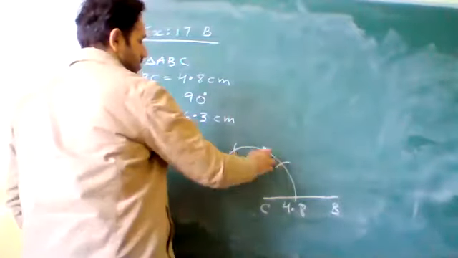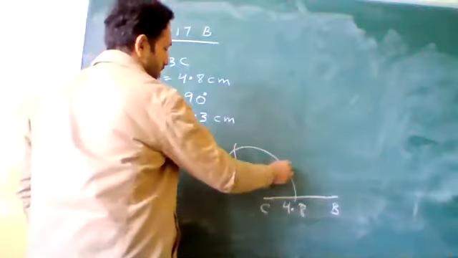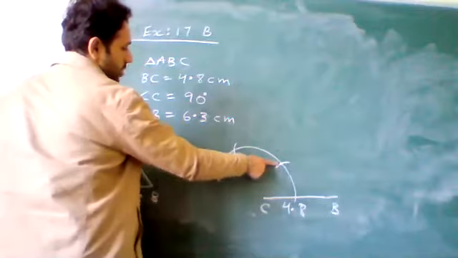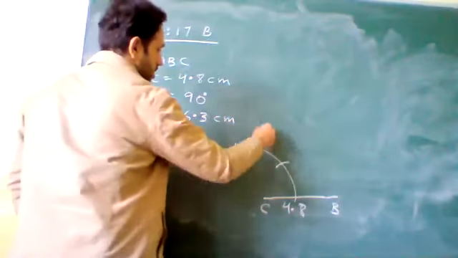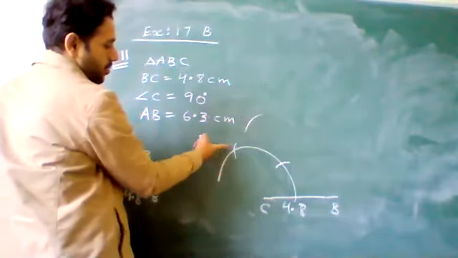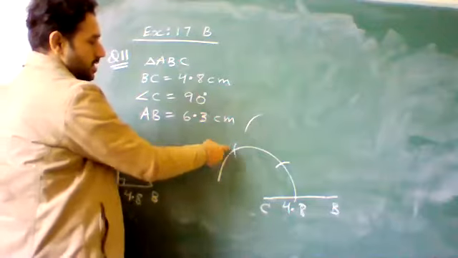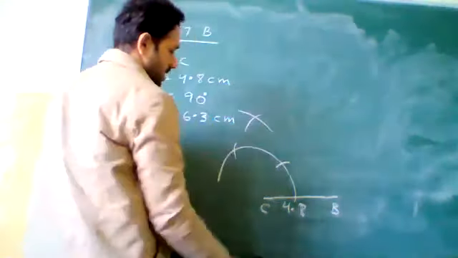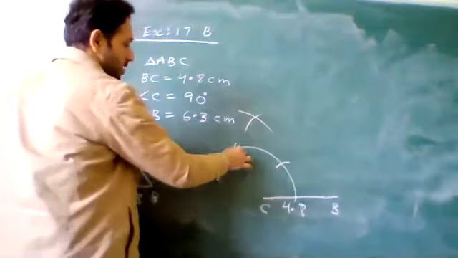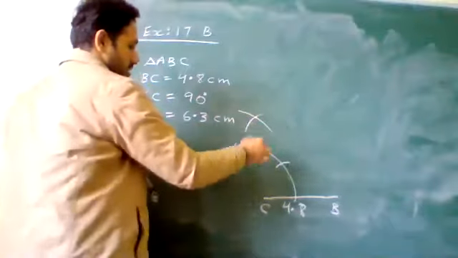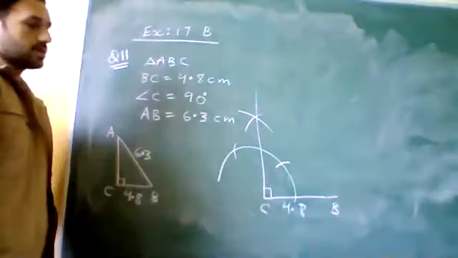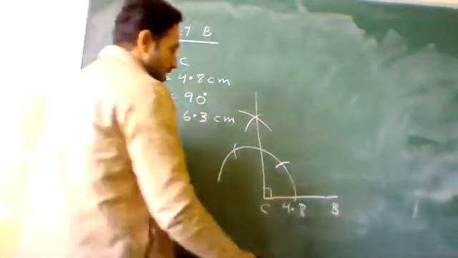How do you bisect between 60 and 120? To bisect, keep your compass at the 60 point and make an arc to this side. Then keep your compass at the 120 point and take an arc on this side. So what you have done is you have bisected between 60 and 120. If you join this now, this will form a 90-degree angle.